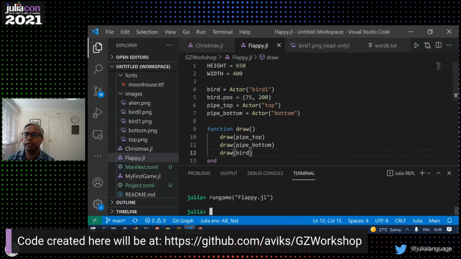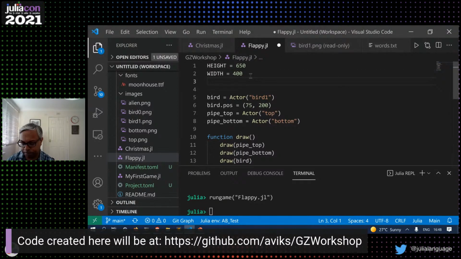So let's say speed of the bird, speed of the pipe. So let's say my pipes move at a certain speed. So if the speed equals, let's start with 2, right? The speed of the pipes is 2, and then